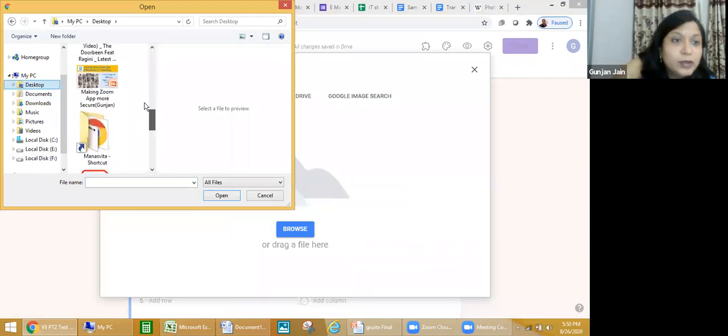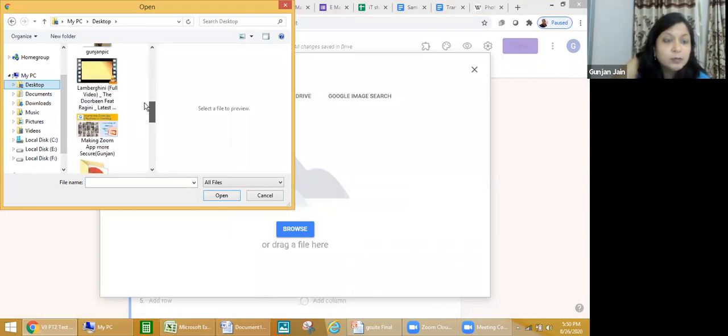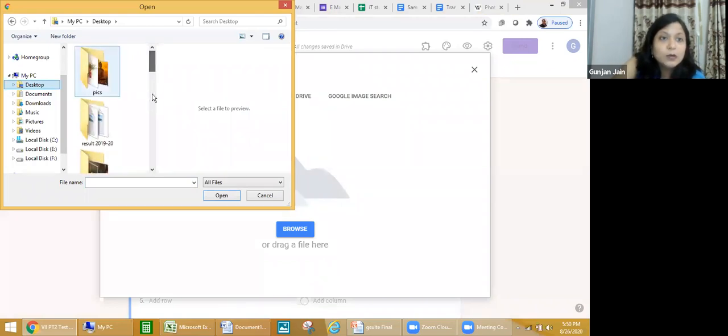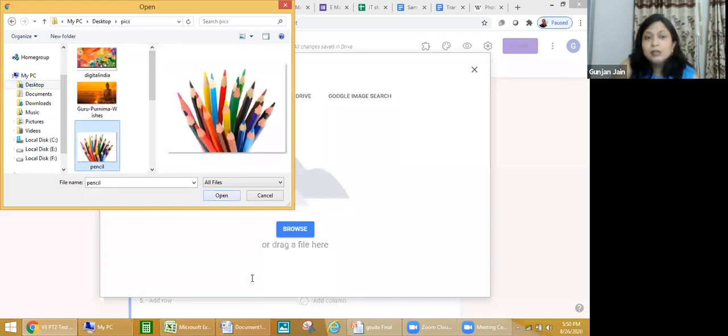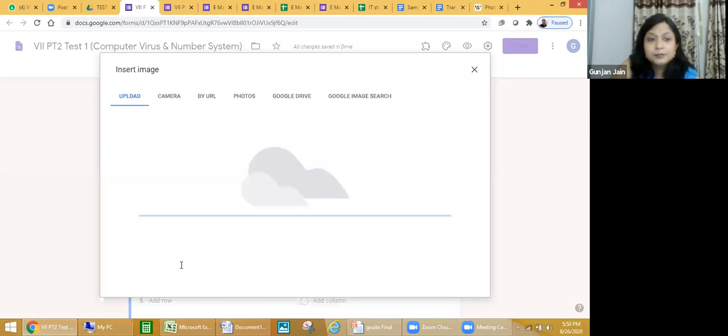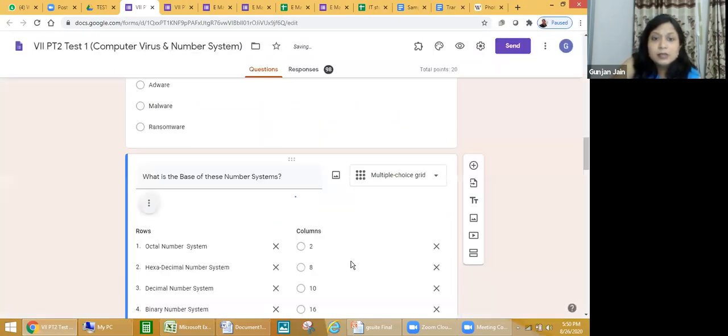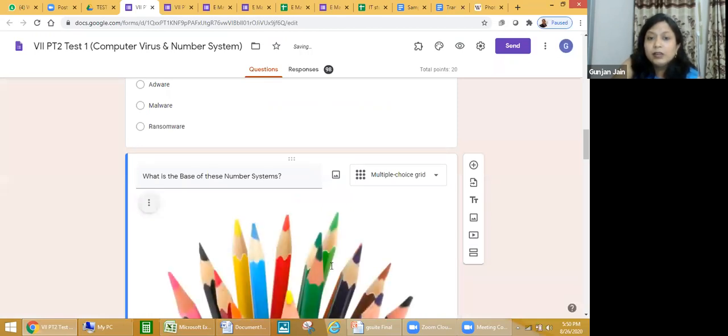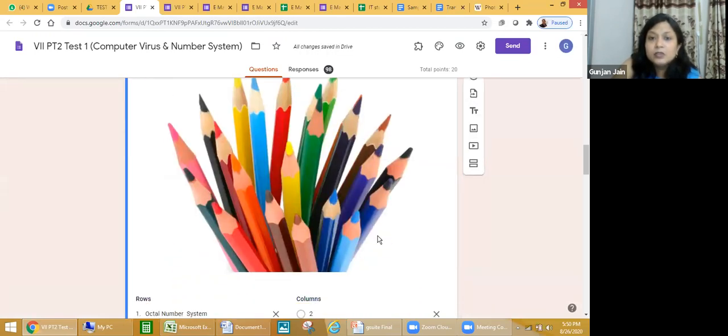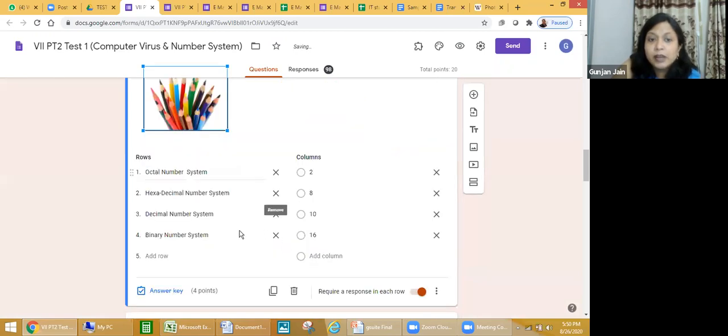Right now I don't have any such picture on my desktop. Okay, now suppose I want to insert this picture, then click on open. After this the picture will be added over here. You can increase or decrease the size of the picture that you have added.